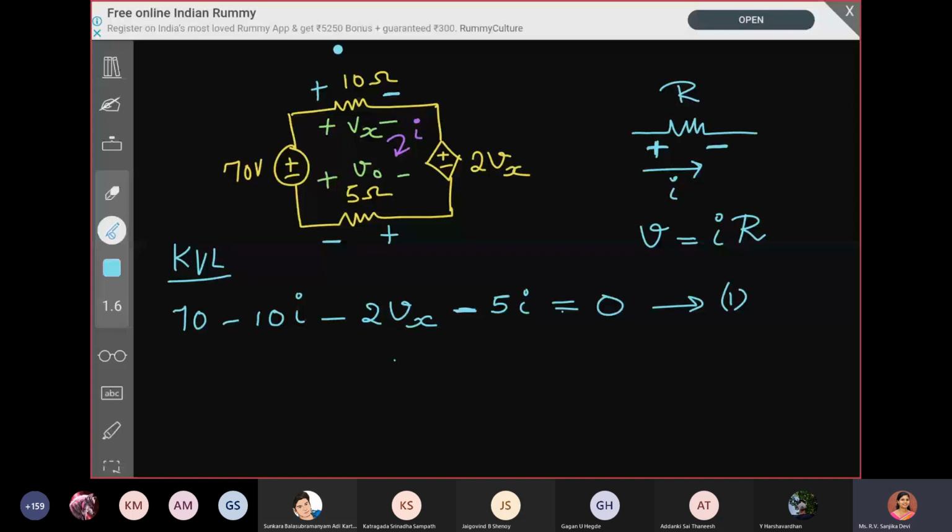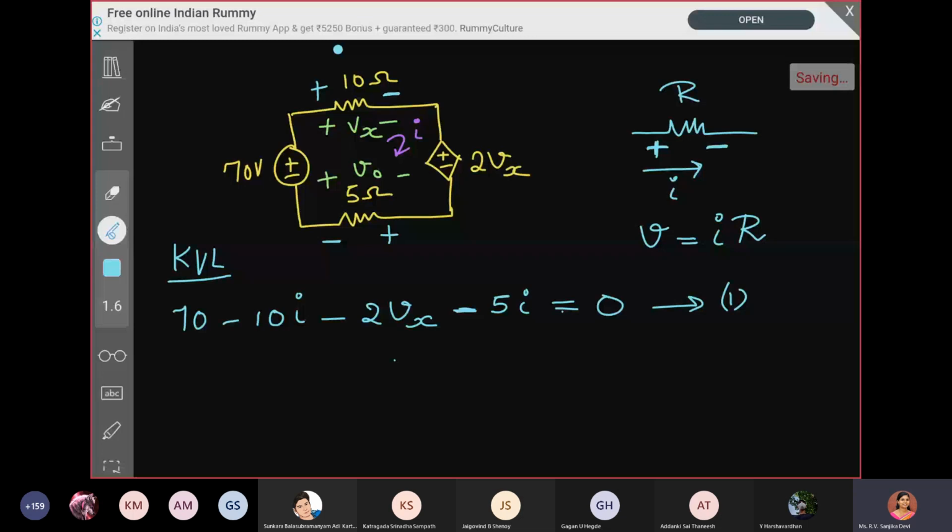So first we are fixing a direction of current and we are writing the equation based on the concept. Now they have already given a polarity and we have to take that into consideration also for solving the equation, because right now we are having a single equation with two variables which we cannot solve. We can neither find Vx nor we can find I. So we require at least one more equation. For that we will make use of the polarities whatever they have given.